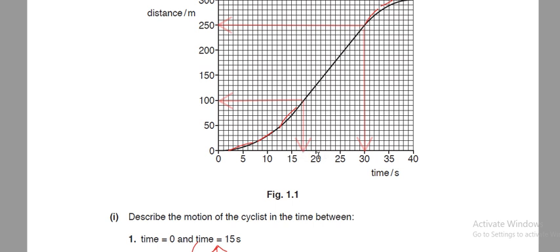From 20 to 50 there are 5 small squares, so every square represents 1, so this value will be 17.5, and the slope will be 250 minus 100 over 30 minus 17.5. This will equal